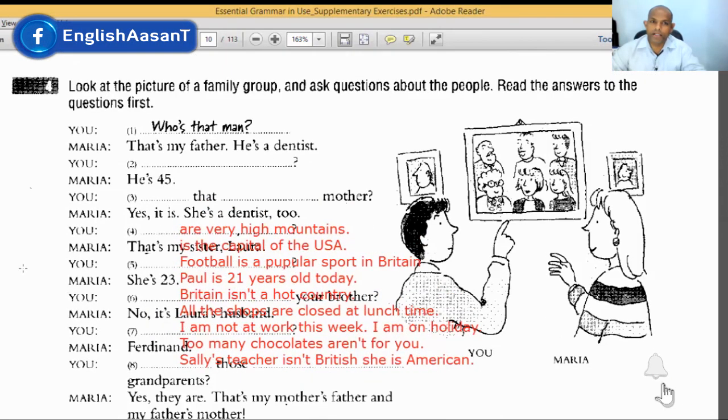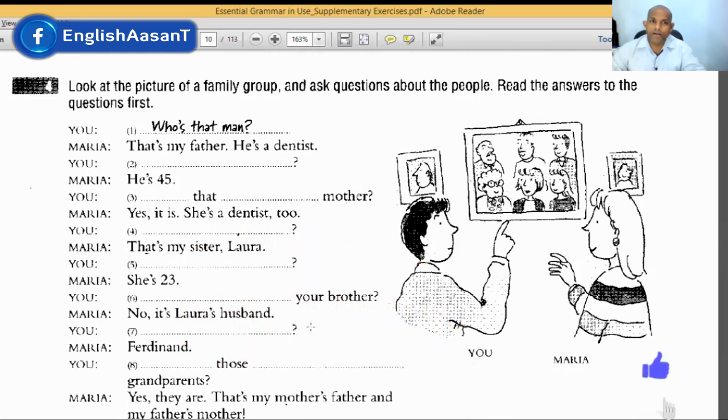Okay, let's look at this question. Look at the picture of a family group and ask questions about the people. Read the